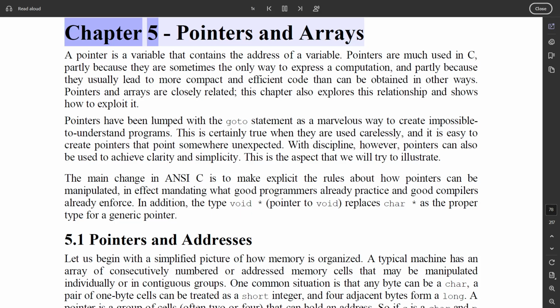Chapter 5. Pointers and arrays. A pointer is a variable